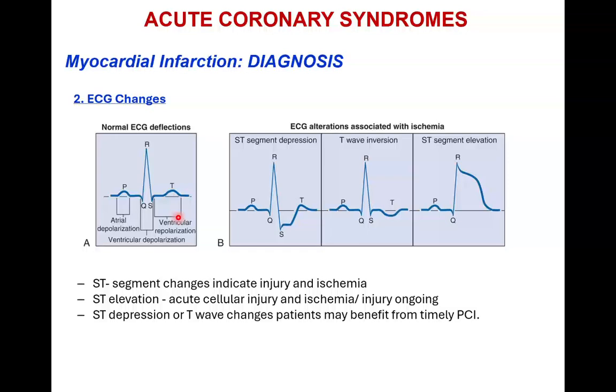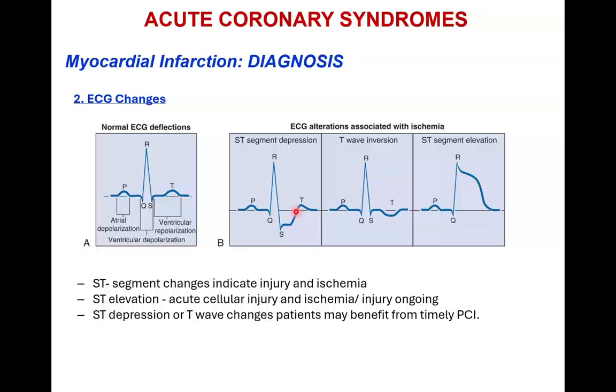So the ECG, right, is a snapshot of the electrical activity that's associated with a single heartbeat. And so you've got these peaks and you've got these intervening segments. You've got the P wave, the QRS complex, ventricular depolarization, and the T waves. And so when we look at myocardial infarct or unstable angina that results from ischemia, we may see things like